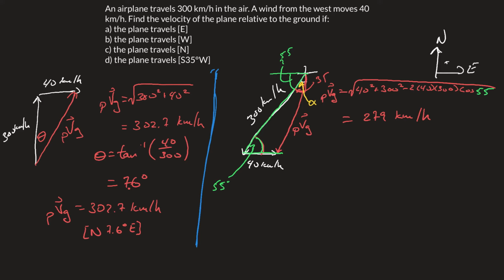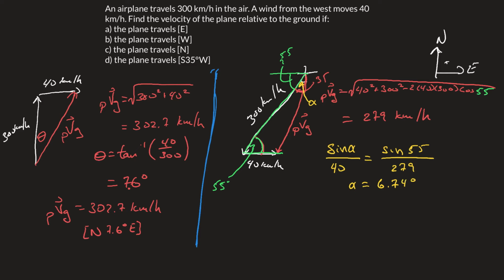So that tells us that sine of angle alpha over the opposite side, which is 40, is equal to sine of another angle that we have, 55, divided by the length of the opposite side, 279. Rearrange this and solve for alpha, and that leads us to 6.74